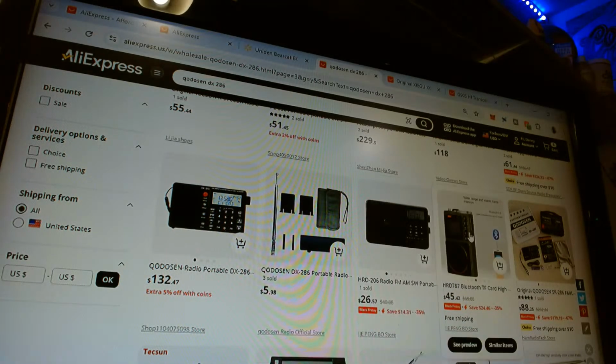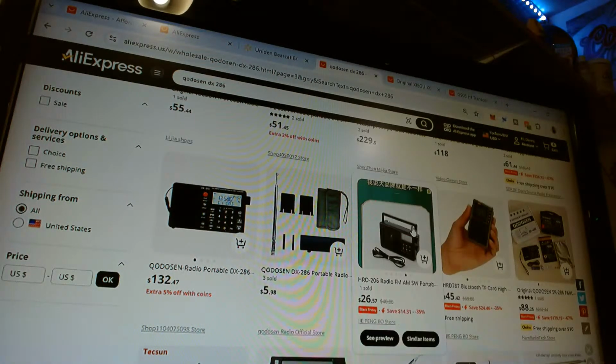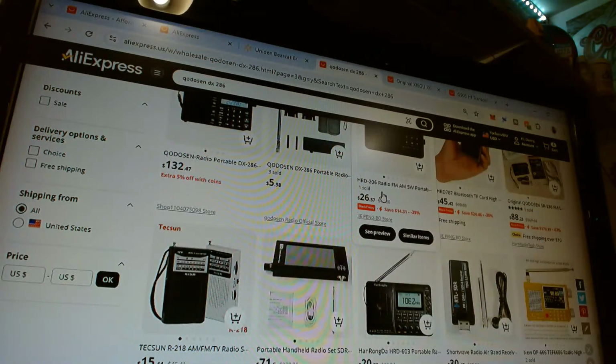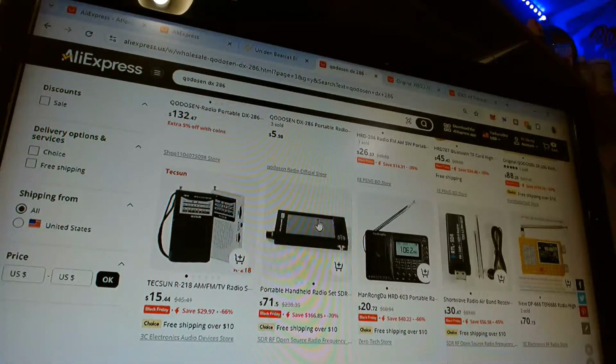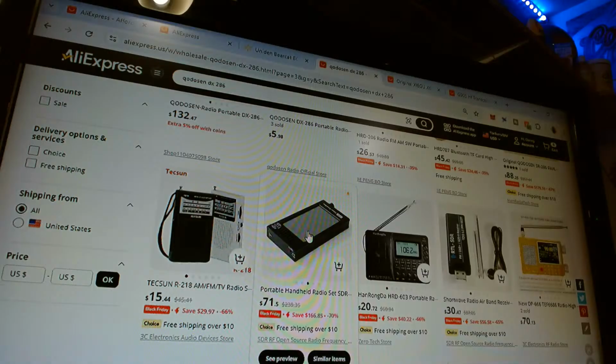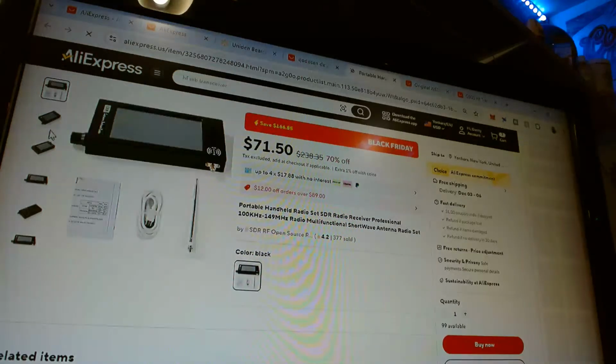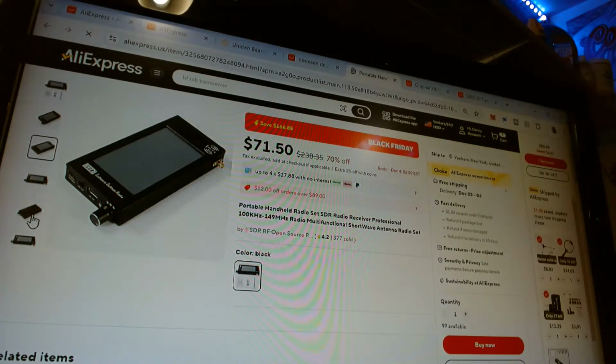I'm not familiar with these radios. I know some people have the little ones like this. I'm not a fan of these little SDRs. I know people seem to like this, but let's look at this one. Some people seem to like this one.